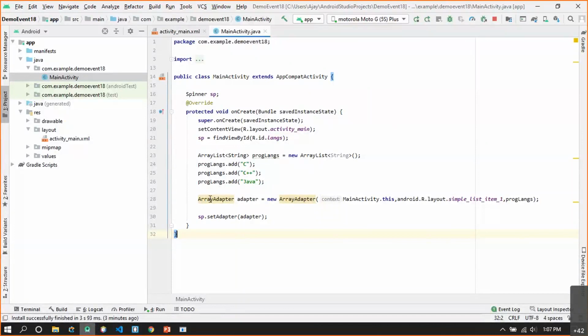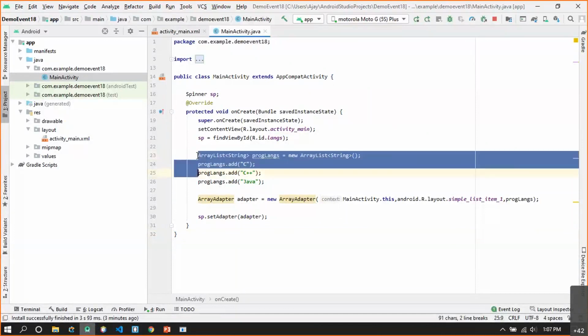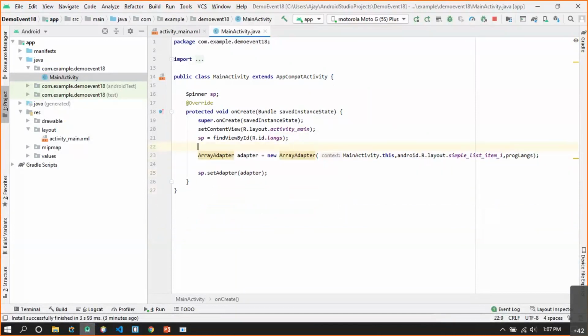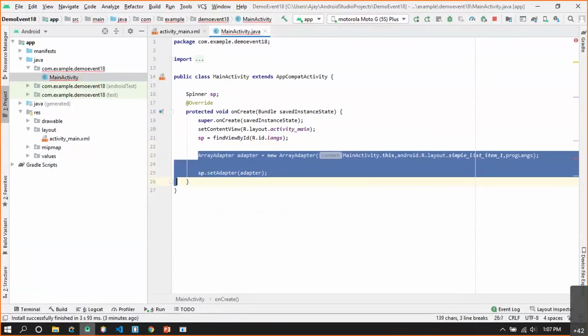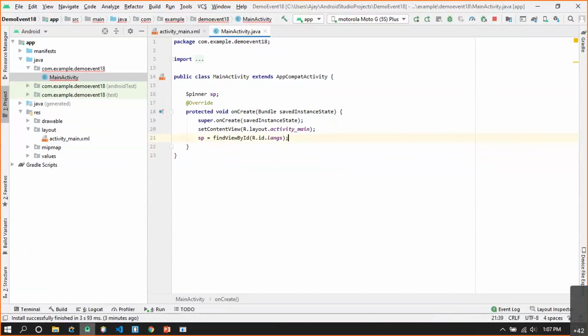It's practically impossible for me to create the array with each of the 15 elements added inside it, so I can simply copy and paste it. Currently you can see this is my array, this is my spinner. I have just deleted the array adapter. Now where to add these particular states?